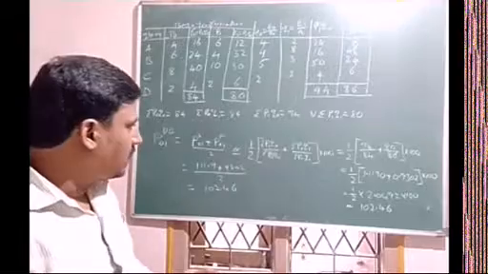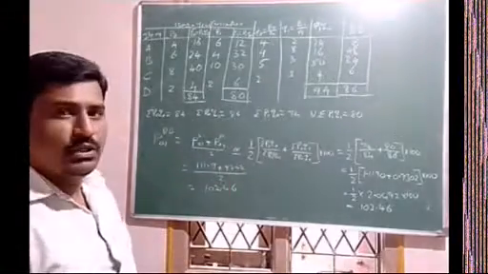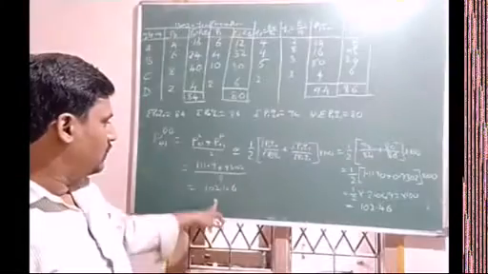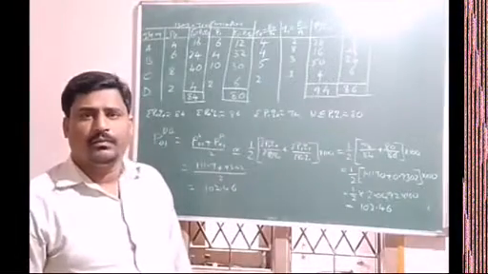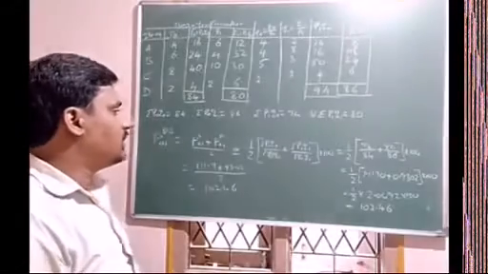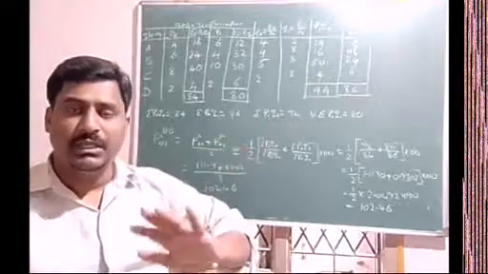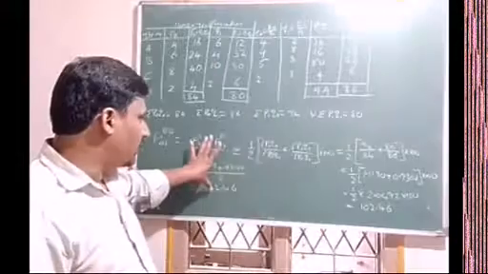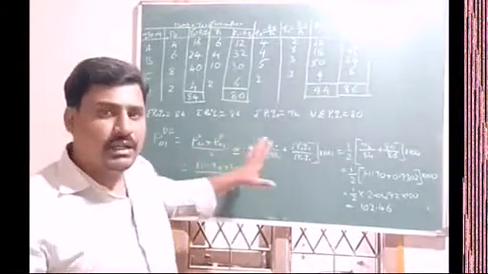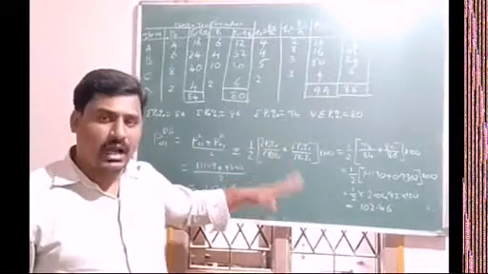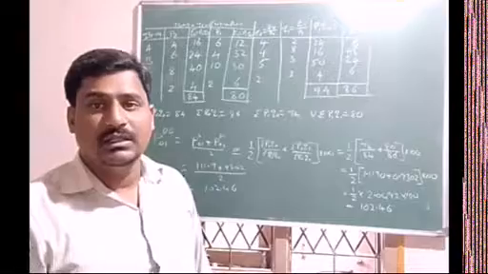Anybody noted that answer? 111.9 plus 93.02. So 102.46 only. Okay, right? So this is how we calculate. If we have already calculated Laspeyres and Paasche, use this formula. If you have not calculated them, directly calculate the Dorbish-Bowley index number if asked, then use this formula and calculate by these steps. Okay.